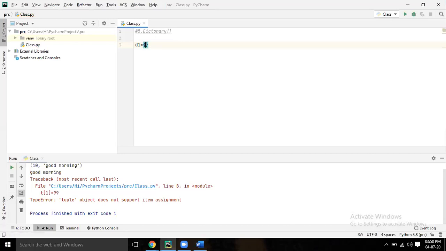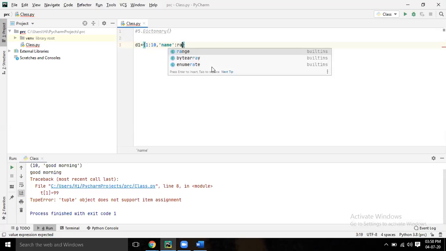Write 1 colon 10, comma, within quote, name, colon. Give some name, let's say Ram, within quote.